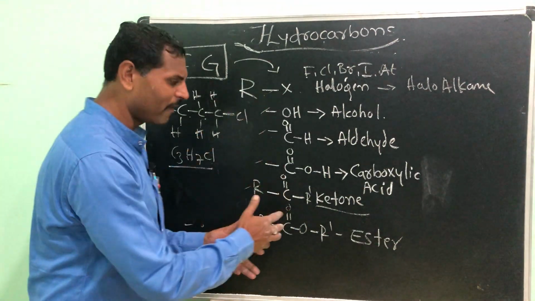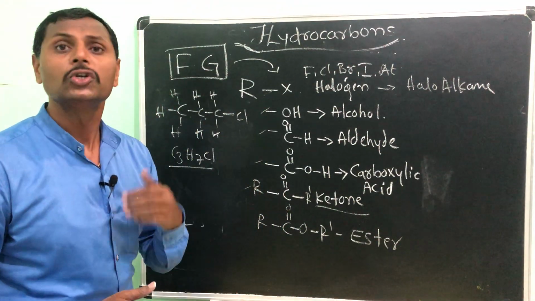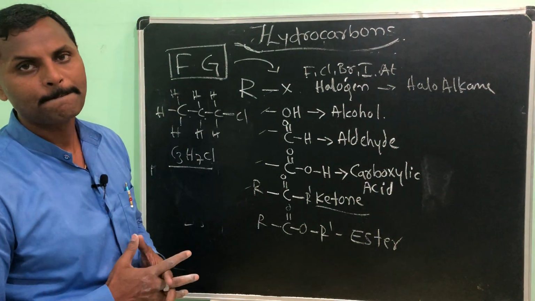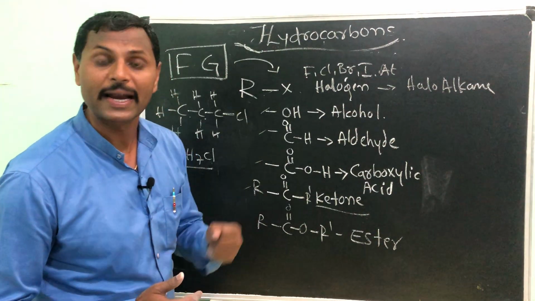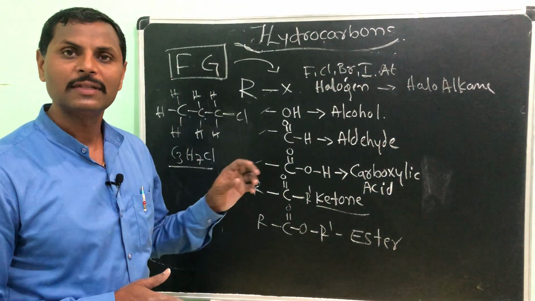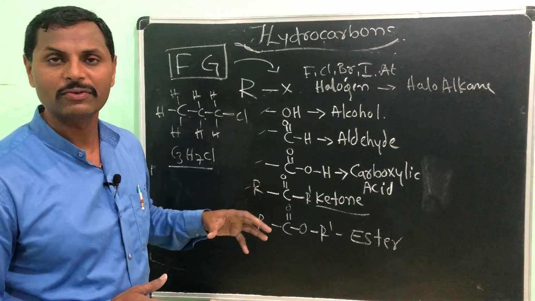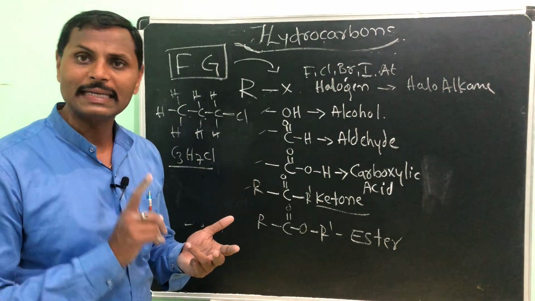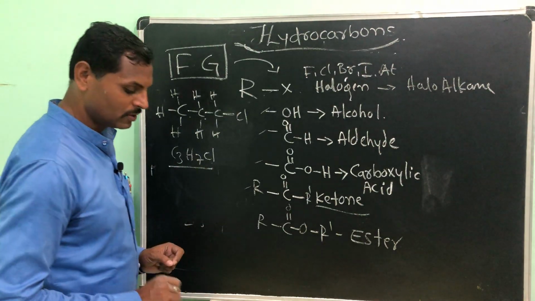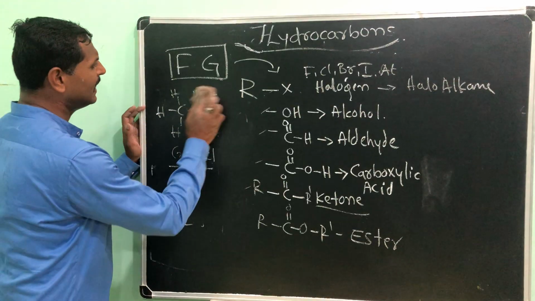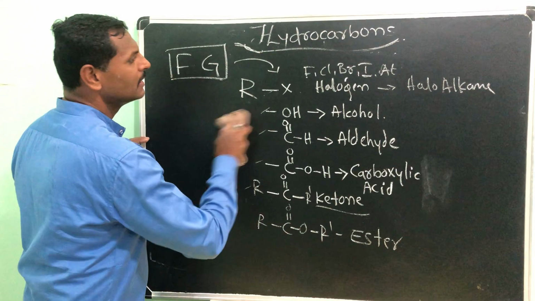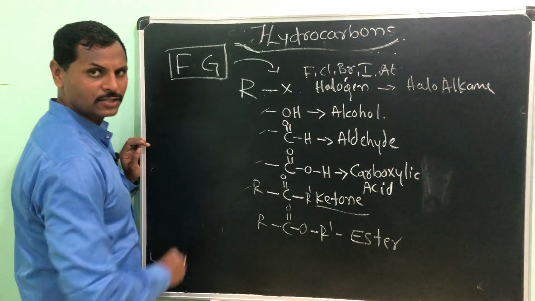Okay, so another 4-5 functional groups we will finish today. Tomorrow, in the next video, we will see the chemical reactions of hydrocarbons, as well as 2 very important compounds that in this chapter we are going to study: ethanol and acetic acid. That we will see in tomorrow's video. For that I am going a little fast. That is not so fast, but you can understand it, isn't it? So this is over. Next I will come to the OH.